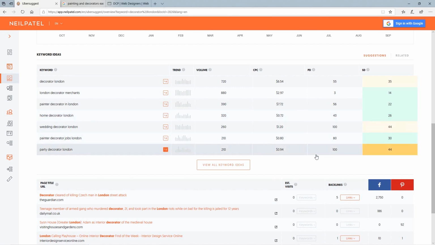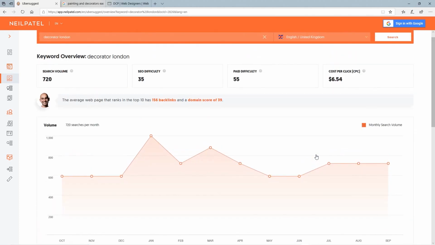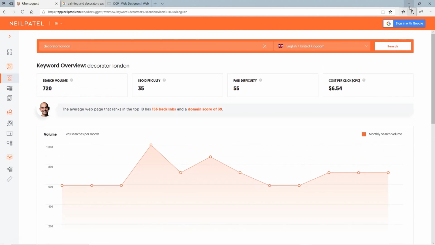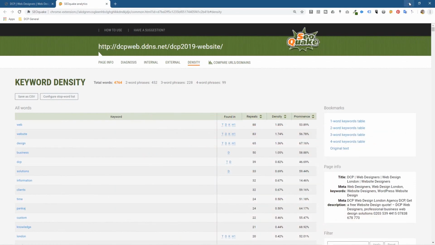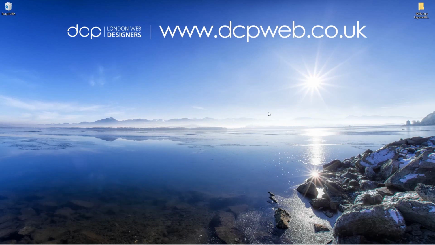So hopefully you've got a good idea about how to do your keyword research. Open a spreadsheet, start listing all of your keywords, look at their domain difficulty, look at the keyword score, the return results of the search volume. Try and document them in a spreadsheet as you're doing your research. Maybe look at at least 20 different keywords to start with, and then you're in a good position to start thinking